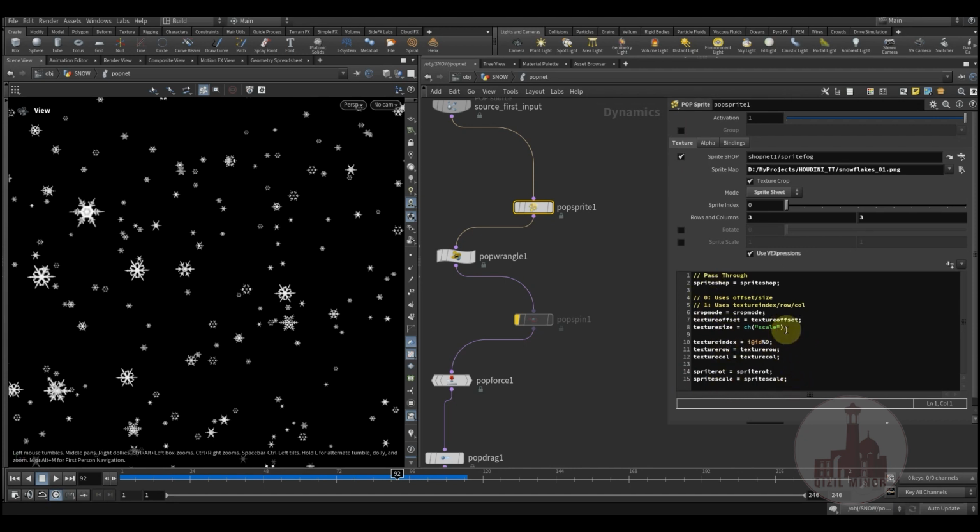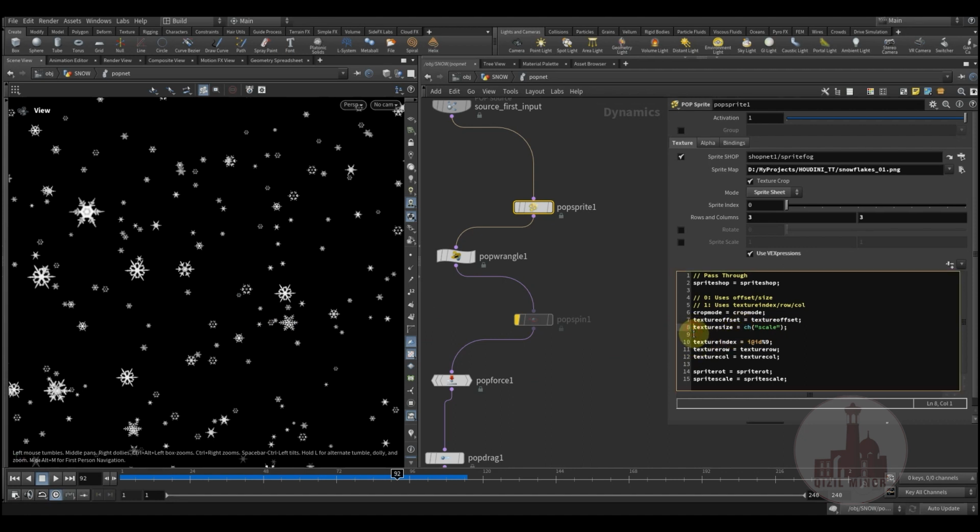In this case, I've used the texture index, which will crop 3 by 3. I'm using the ID of the particle, modulus by 9. So in this way, it's like 1, 2, 3, up to 9, and then 0, starting from 1, 2, 3, and 9 again. Okay, and the channel scale, I'm